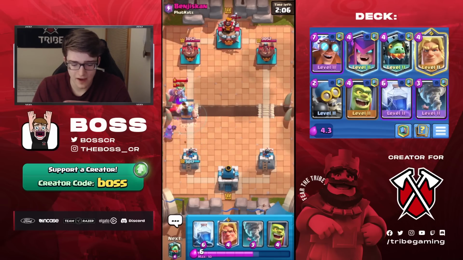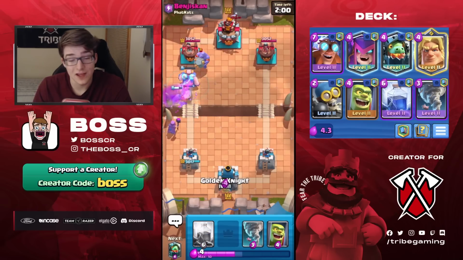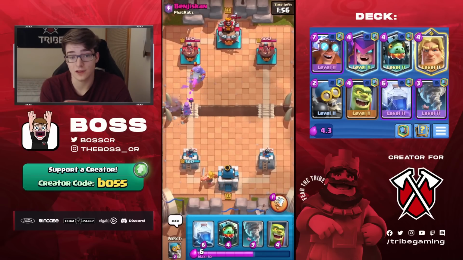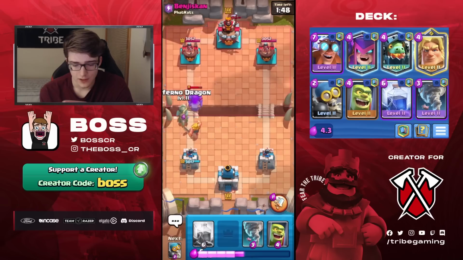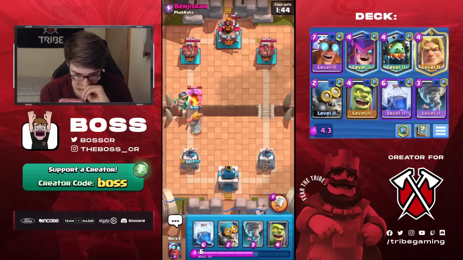So you kind of have a faster cycle, in a way, when you're using a deck with a champion. Especially if it's a fast cycle deck with a champion, then you're going to cycle things really quickly. So that's why I think Logbait is kind of making a comeback now with the Mighty Miner, because you can rocket cycle so quickly in triple elixir with the Mighty Miner down. Anyway, just in case of you guys who didn't know, we'll go Inferno Drag here on top of the